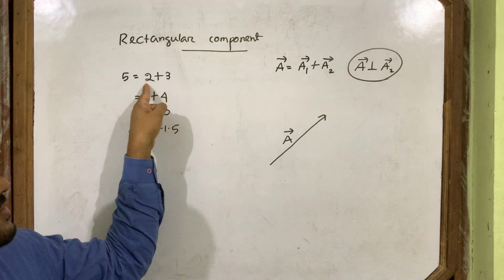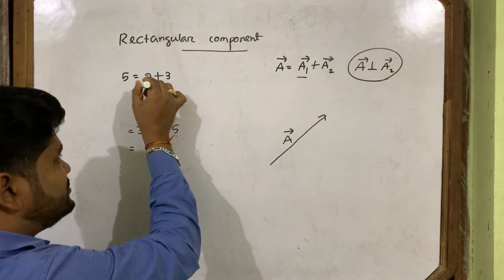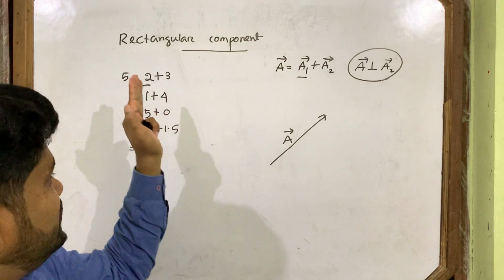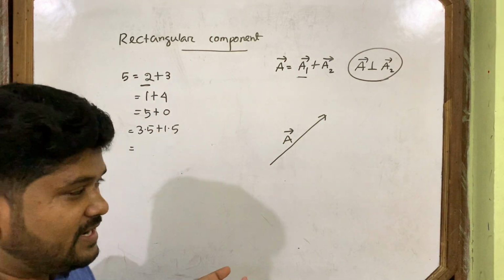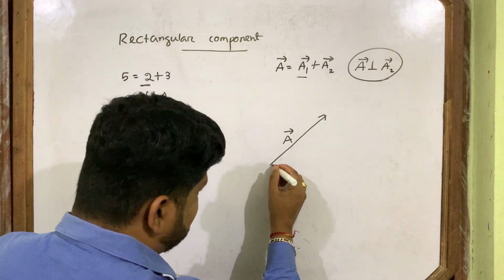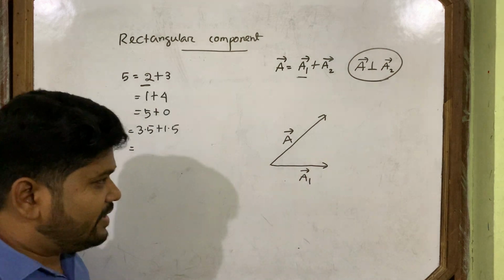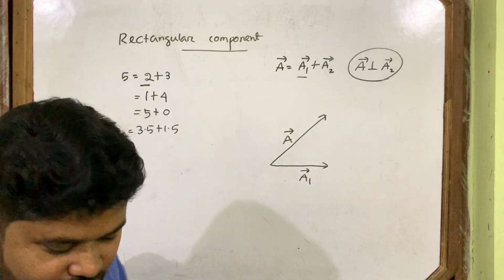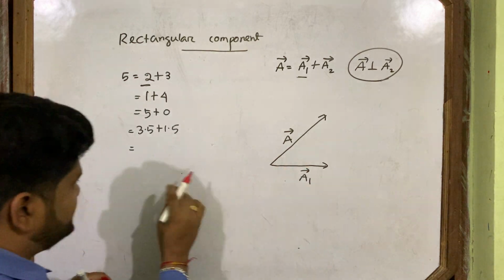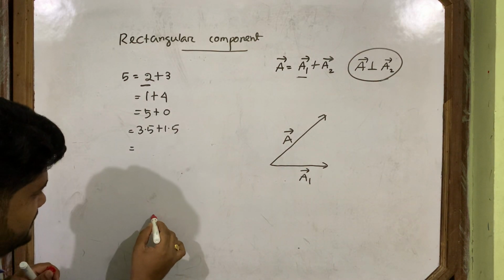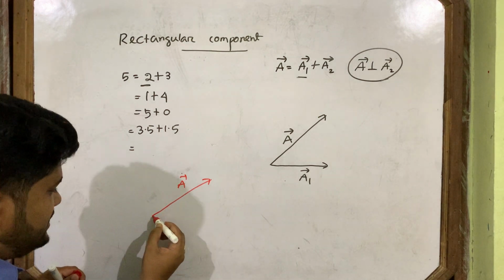You randomly choose the first one. Just like this, as you choose it randomly, I also have the freedom to choose the first one, a1 vector. I can choose any direction. I am now choosing it in this direction. Okay, no problem. Suppose this is the a vector, I can also choose this one in this direction.